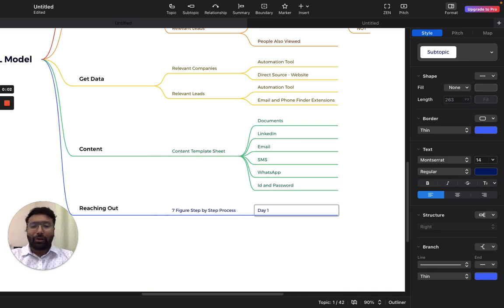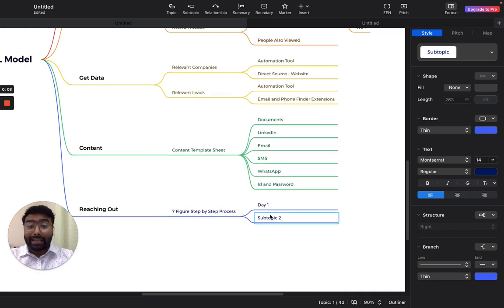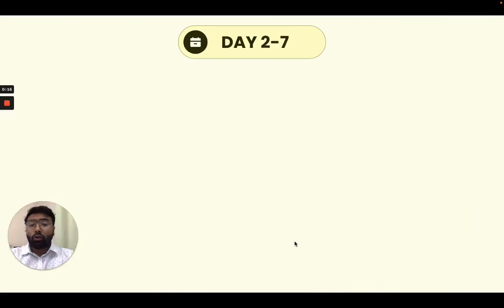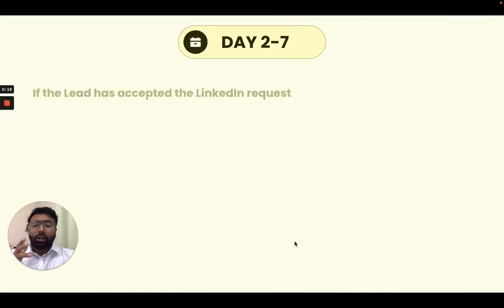So once you have reached out to people on LinkedIn on day 1, the next step is the day 2 to day 7 steps. Okay, day 2 to day 7 steps. So let's look at what we should do for the next 6-7 days once you have reached out to people on LinkedIn. After reaching out, what can happen between day 2 to day 7 is